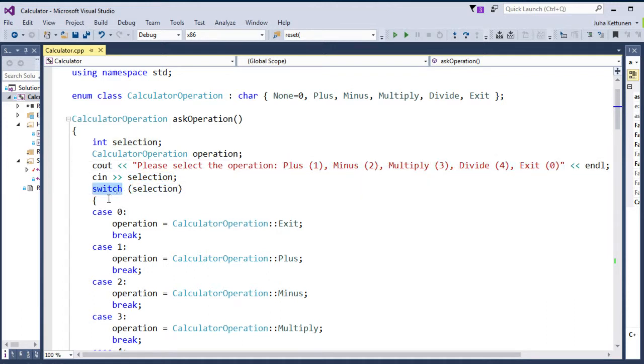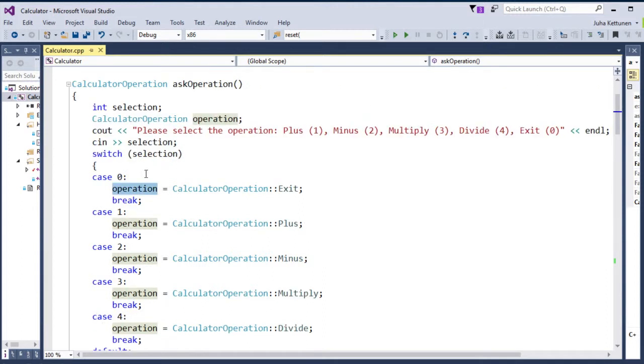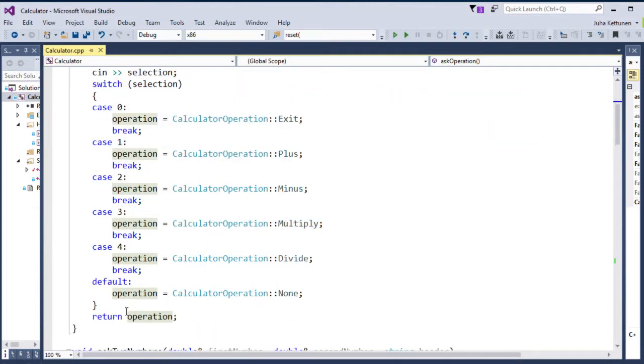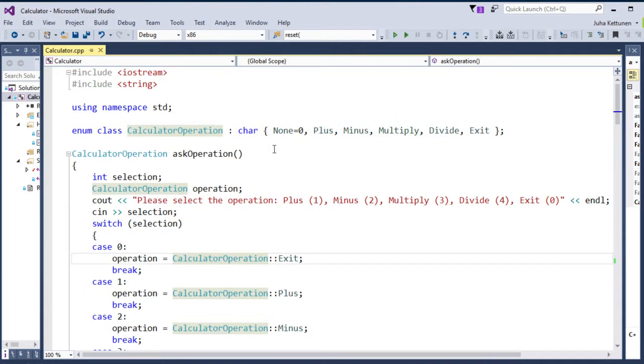And then this switch case here is just checking what it was. If in a case it was a zero integer, then we will set this return value, because this is going to be the return value. As you can see, I'm returning this operation value here at the end, so the function returns the operation. So I'm setting, if the user types 0, we are setting the operation to this enum value exit, this one here,